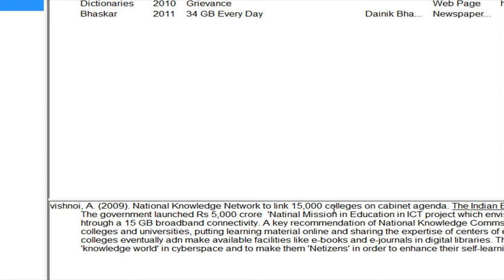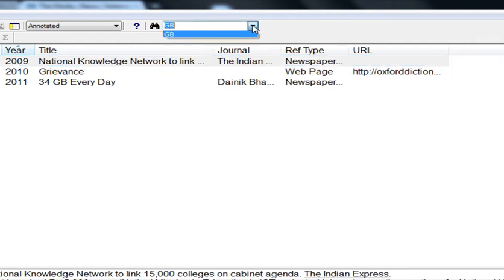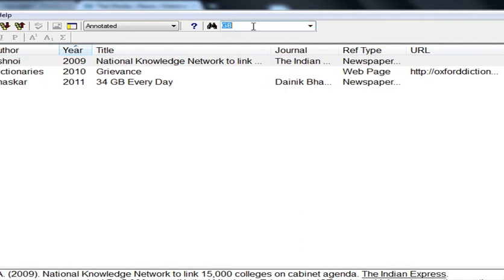So there are many different methods you can search your references by. For example, I want to sort the references as per their keywords, and I have entered around 60,000 references in my EndNote library, but I want to read those references in which a particular word called SMS has been used.